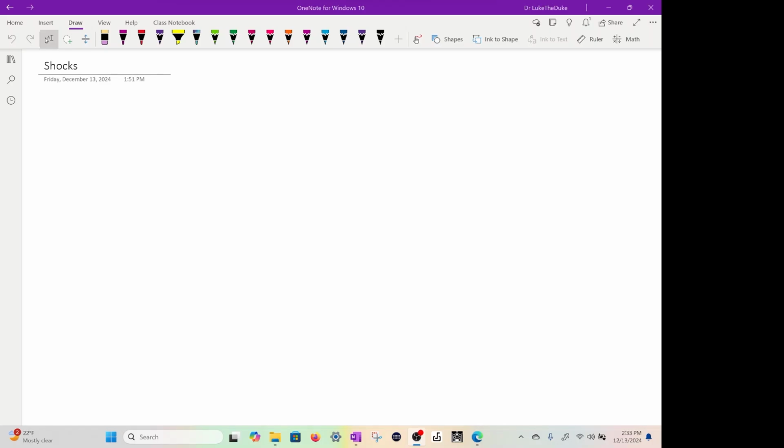Okay, let's talk about shocks, and in particular, we're going to look at a normal shock. Shock waves are pretty cool. They show up when you start going supersonic speeds, and they're an abrupt change in a fluid property. When you have an airplane going at supersonic speed,